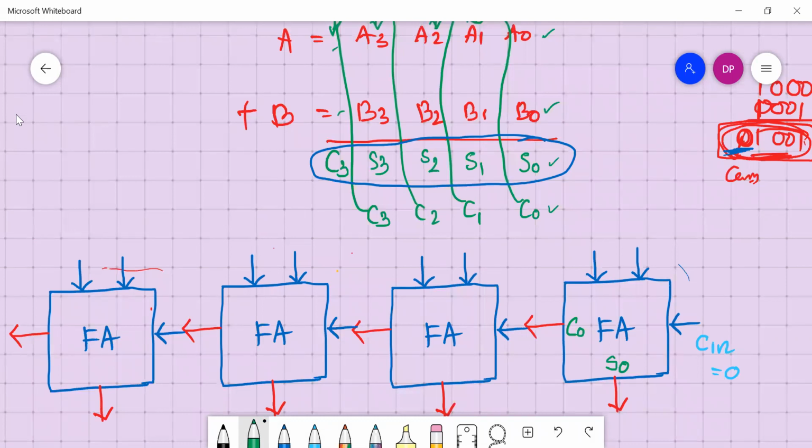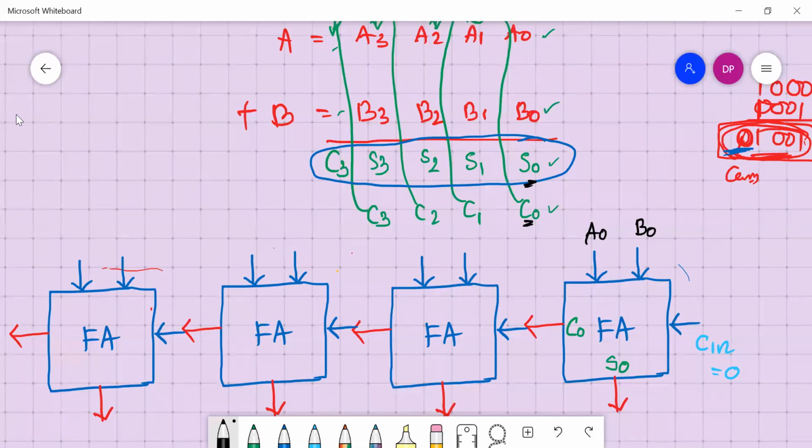Let's take the two inputs as A0 and B0. So the first full adder will take 3 inputs, A0, B0 and C in, and produce 2 outputs, that is S0 and C0. And C0 will be fed to the next summation process. C0 should be added with A1 and B1 and it should produce S1 and C1.